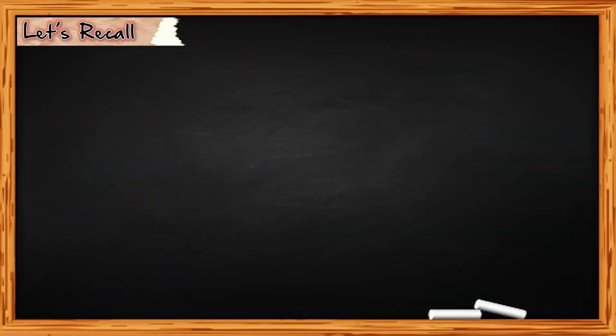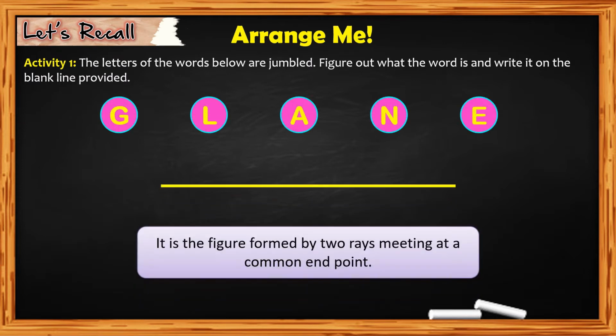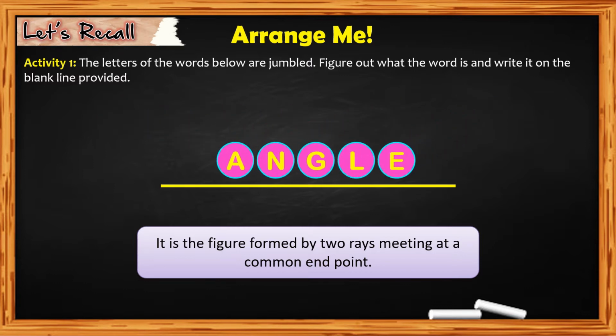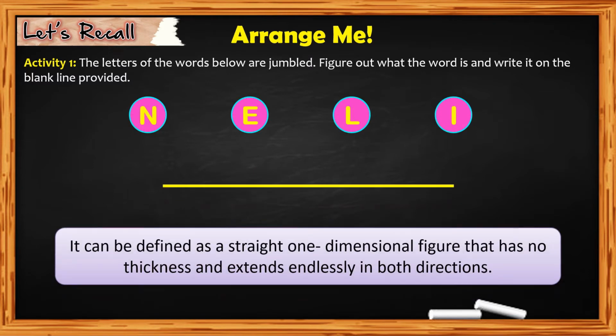Now, before we proceed, let's have a recall. Arrange me. In this activity, the letters of the words below are jumbled. Figure out what the word is and write it on the blank line provided. First, we have, it is the figure formed by two rays meeting at a common endpoint, and that is angle. Next, we have, it can be defined as a straight one-dimensional figure that has no thickness and extends endlessly in both directions, and that is